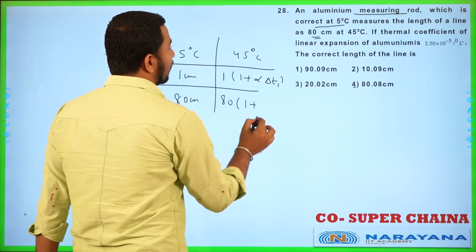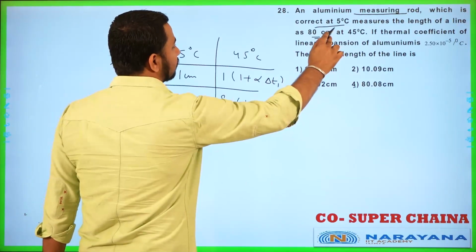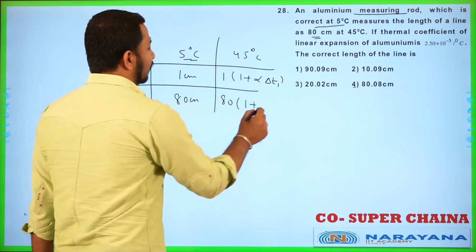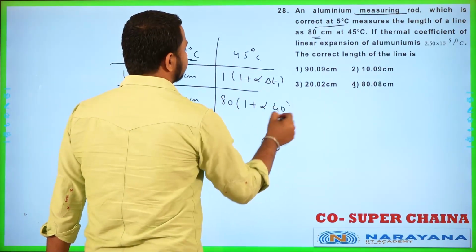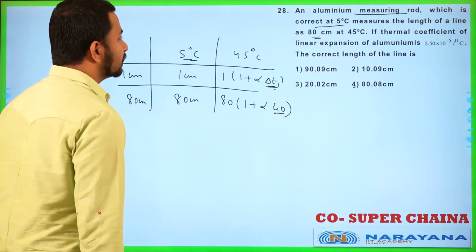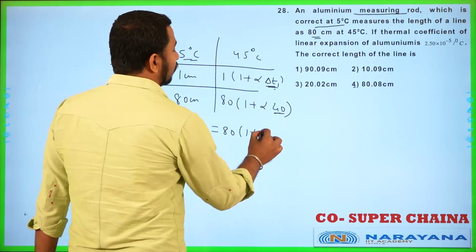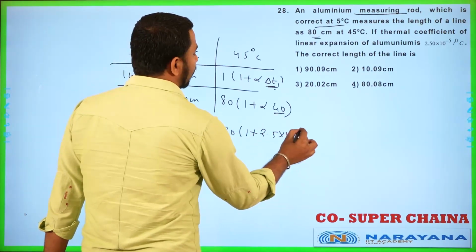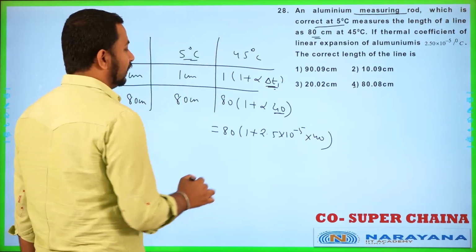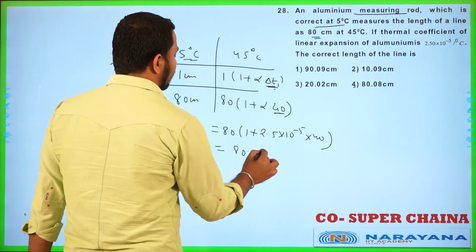So 1 plus alpha delta T. What is the temperature change? Because at 5 it was giving the correct reading, and now it is 45. So this alpha delta T is 40. Now you substitute the value of delta T here, 80 into 1 plus 2.5 into 10 to the power minus 5 into 40. If you substitute all these values and simplify, it will come as 80.08, and that will be the answer